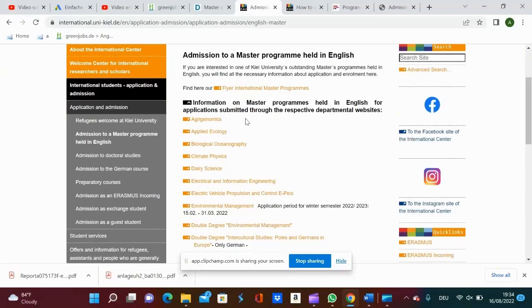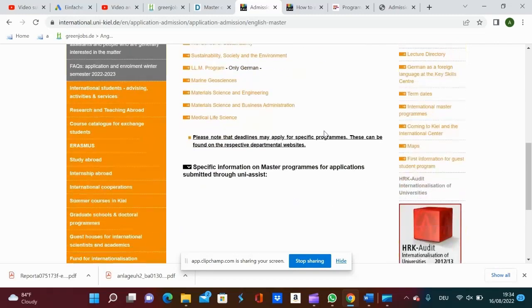Yes, so these are the master programs held in English, right? They are held in English. And for these applications, you submit them directly to the departmental website. You don't need to go through Uni Assist, right? And these are specific information on master programs for applications submitted through Uni Assist.